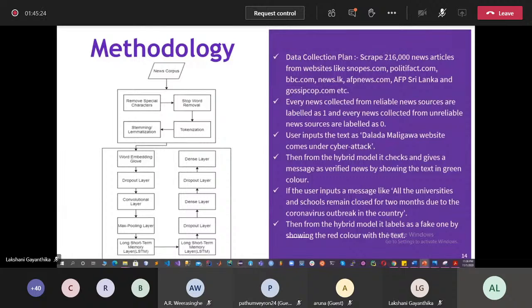Later, you can see the implementation of the research. As you can see from this diagram, I have started the research with collecting the data set. After that, I have built an NLP data pipeline to remove special characters, stop word removal, tokenization and stemming, lemmatization step to